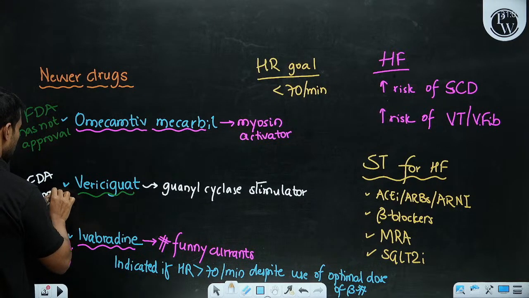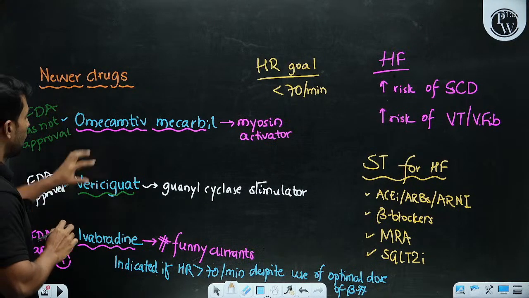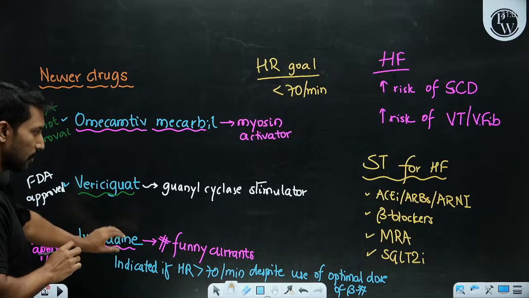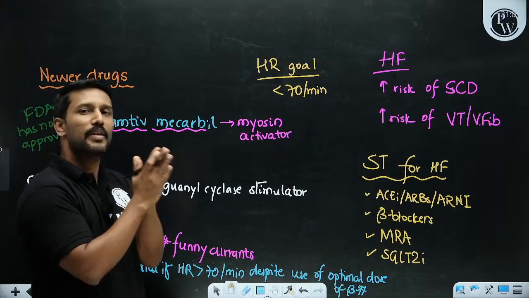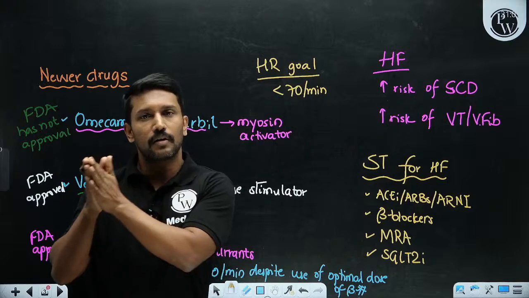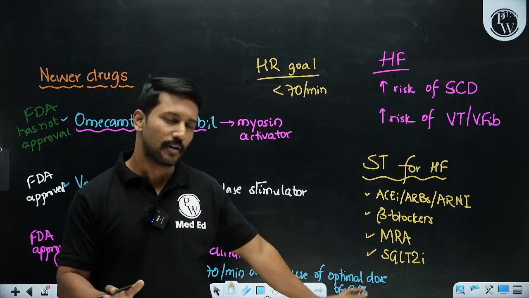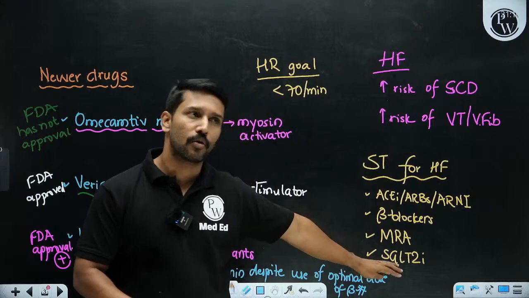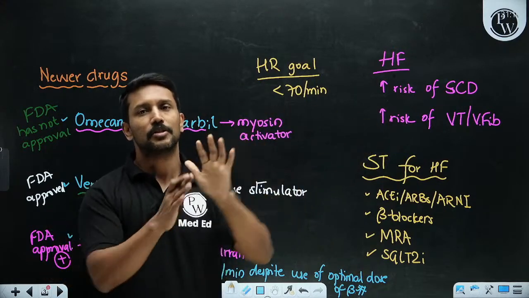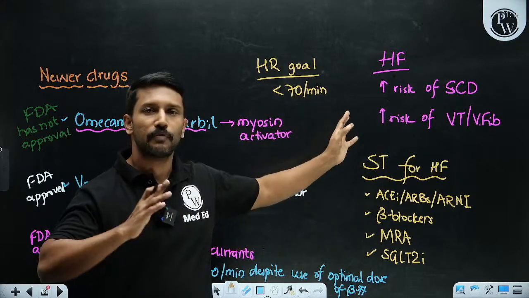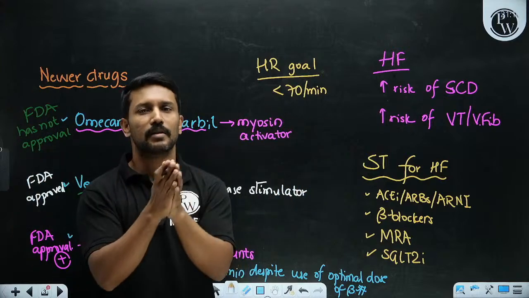So now we have learned about three new drugs: omecamtiv, Vericiguat, and Ivabradine. Ivabradine is used when your beta blockers are not able to achieve a lowering of heart rate. Standard treatment हम दे रहे हैं, optimally tolerated beta blocker दे रहे हैं. Yes, it's a very good point. Generally, obviously, when I say heart failure का standard treatment, we are mostly talking